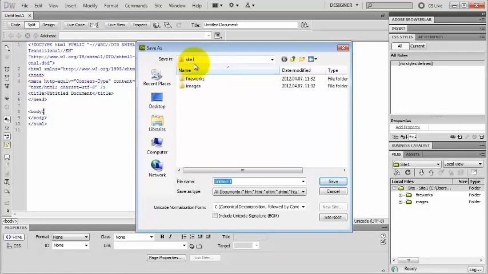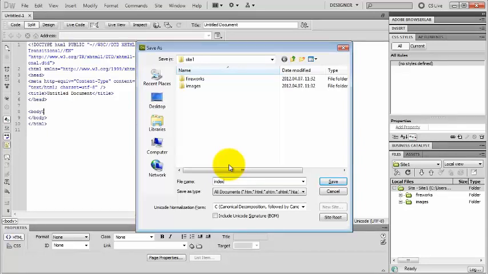I save it inside of my local site folder, and I'm going to call it Index. Lowercase letters, and that's the main page of a website. So when you type in yourwebsite.com in the browser, or actually any website URL without any extension, the browser will look for an index page inside of the site folder on the web server. So the index page is the home page, but other pages, like if you have a products.html page in your site folder and you've uploaded that to your web server, it's going to be available at